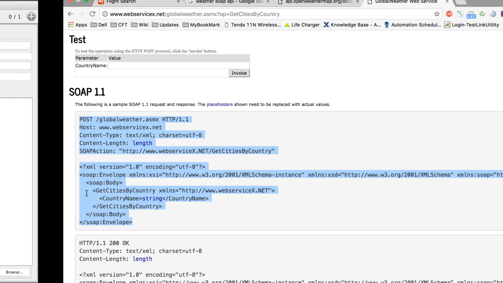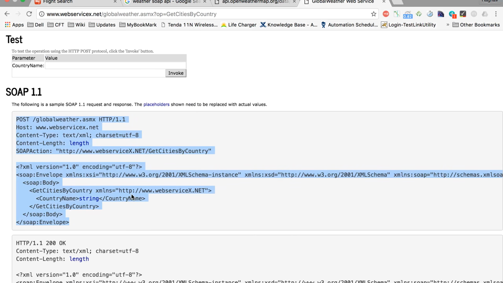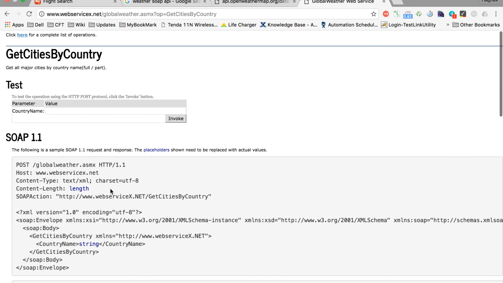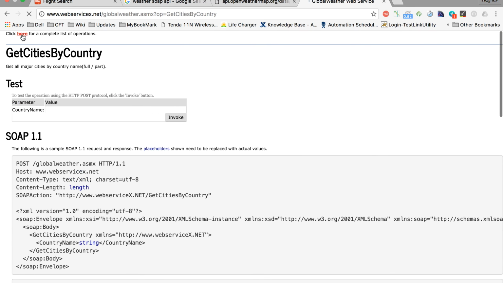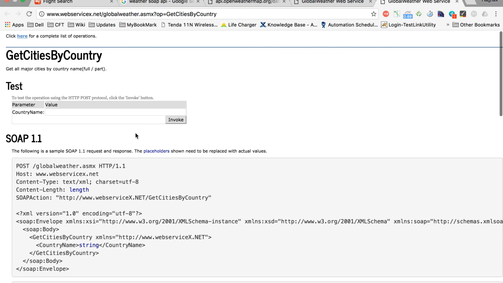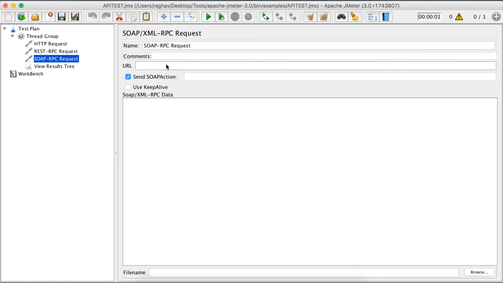One thing we need is the URL, which is the endpoint of the API. So let me search what is the endpoint of this API. Okay, so this is the endpoint actually. So you must be having the endpoint of your API. So this is the endpoint.